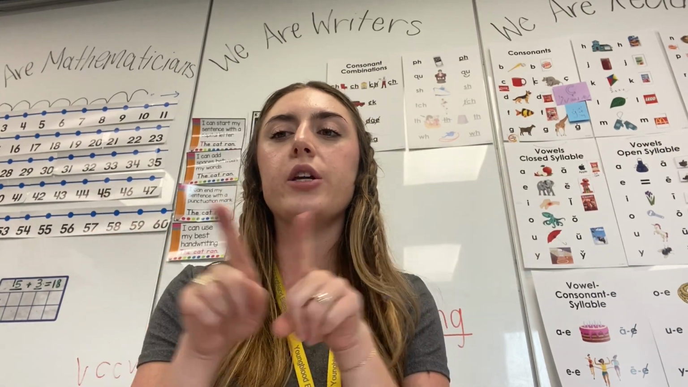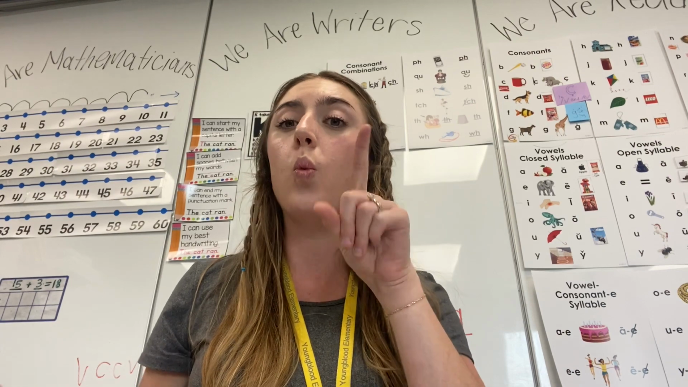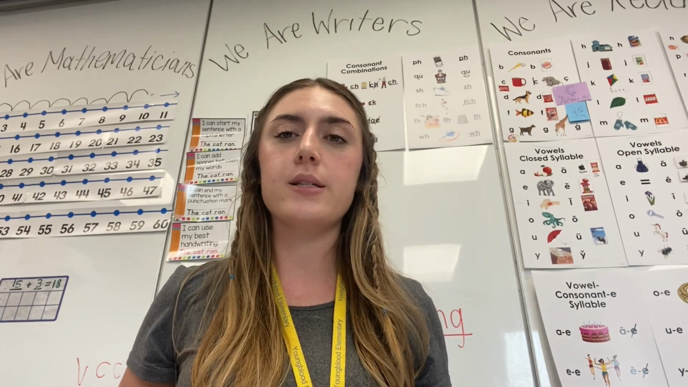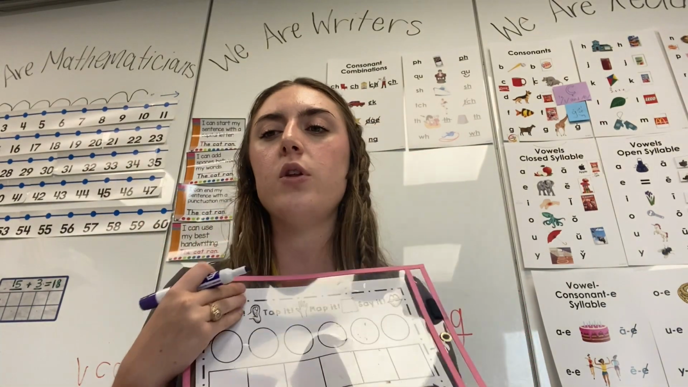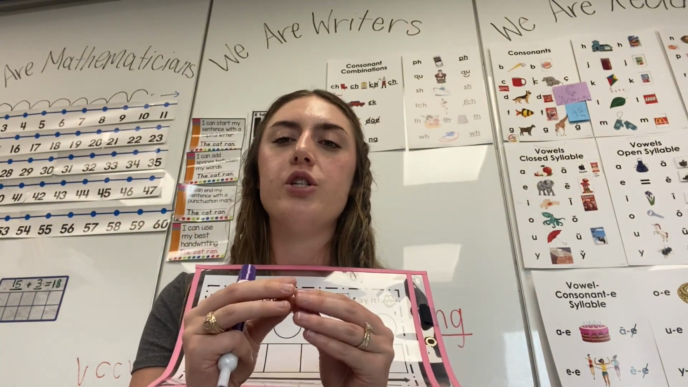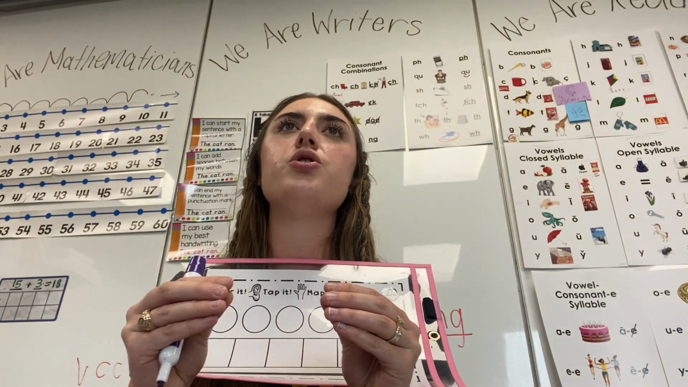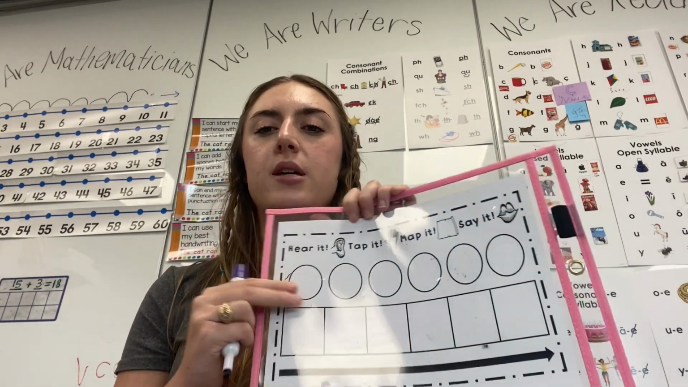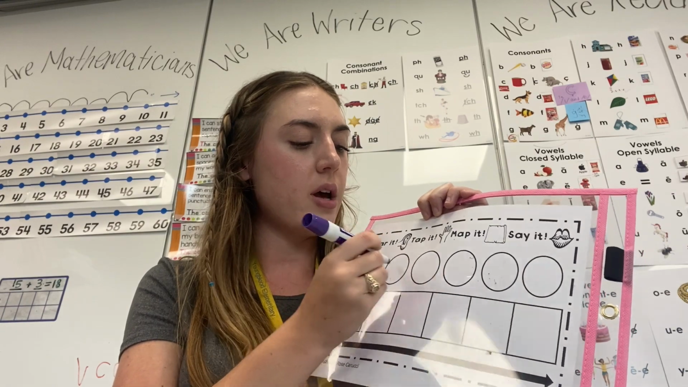If I was doing a word with a digraph, those are 2 letters that work together to make one singular sound, I could do a word like shut. If I have the word shut, I'm going to stretch it out. Shut. And then I'm going to break it apart and add my dots. Sh,